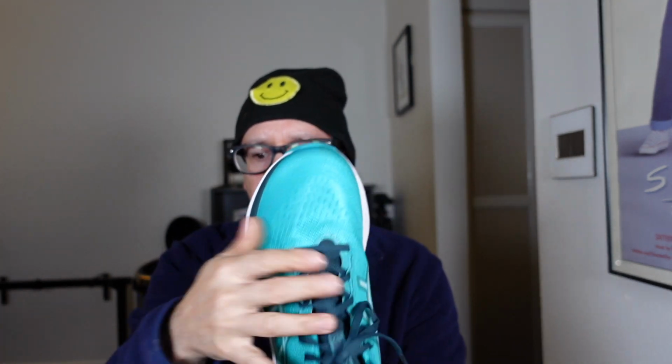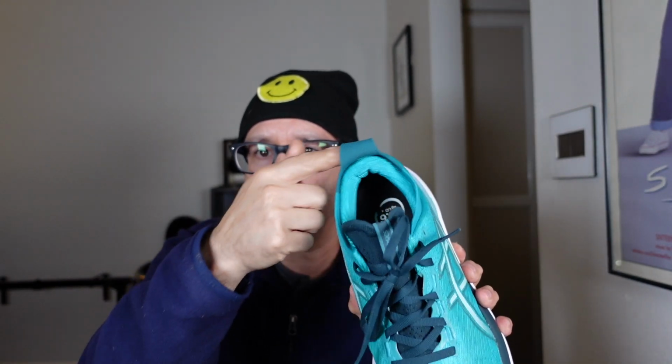Yeah, so the upper, it is fitting a little bit wide, but not sloppy. I don't get a sloppiness from it. It comes in several widths, but they kind of go from medium to wider, not really narrower. Still has this great tongue, which is very built into the shoe. Has the great Nimbus collar that was on the 25 and 26 here with the pads on the end. It's been a really good upper, and the whole shoe is really great. This is a really good update, I think